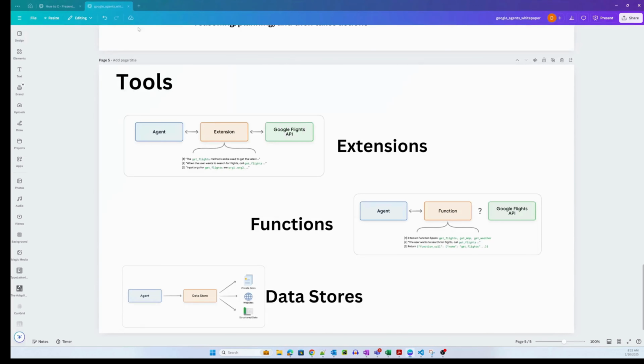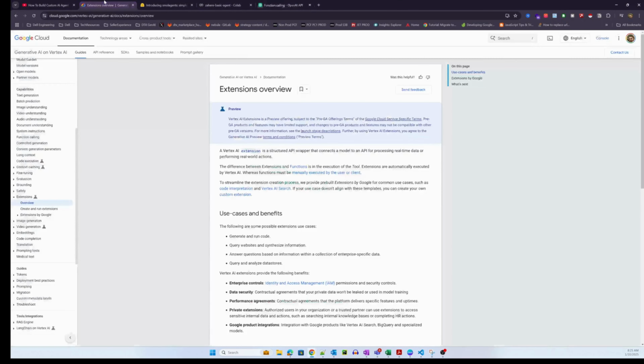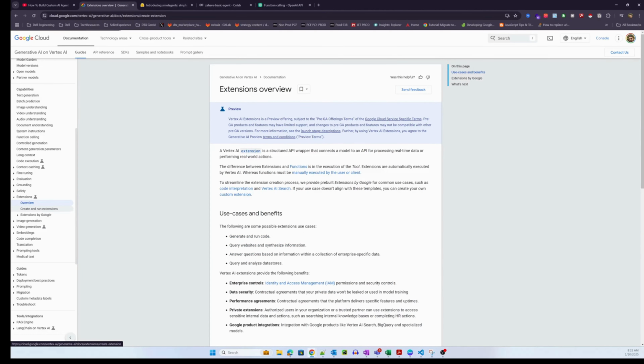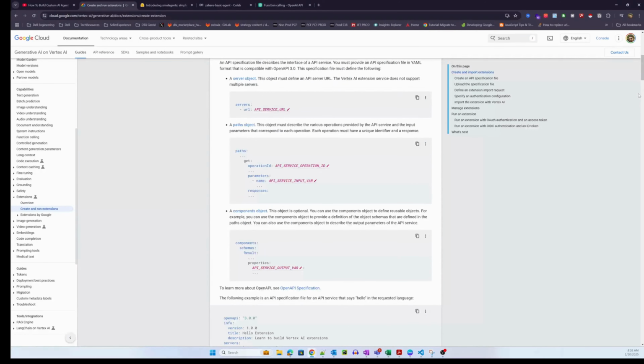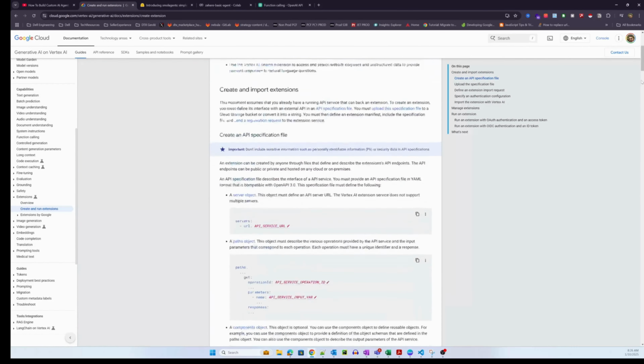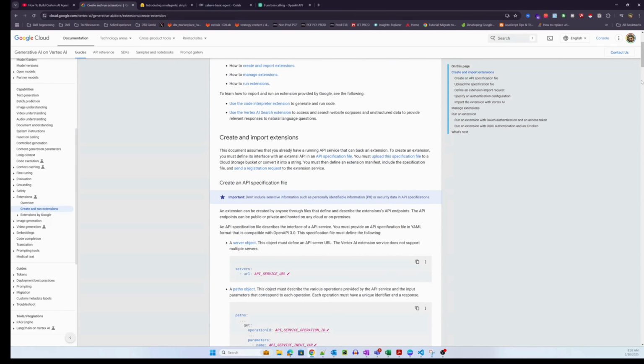I have the documentation open also for extensions. Let's see how that looks. You can essentially create custom functions here, create and run extensions. You can see that you can create an extension like this. I think you create an API specification file.